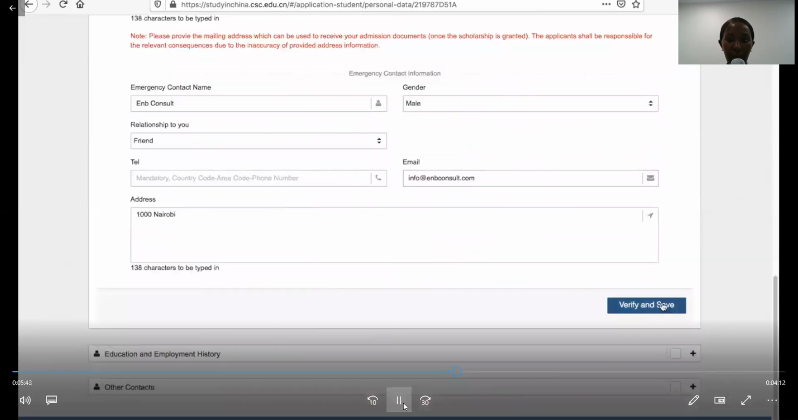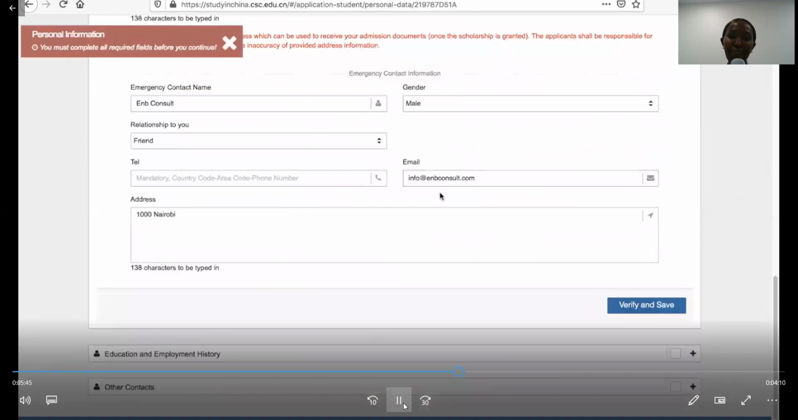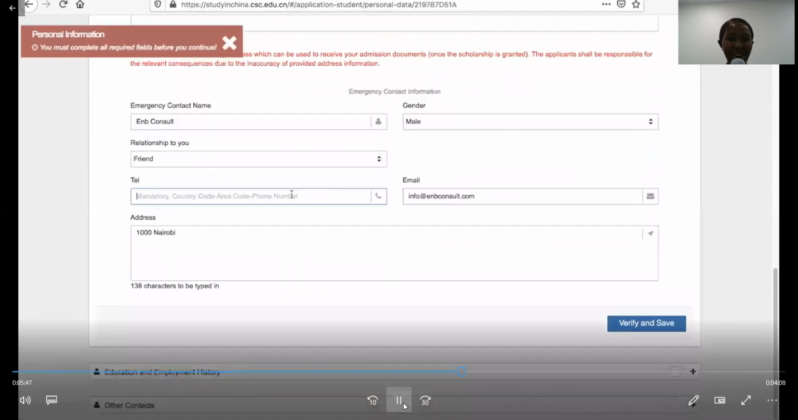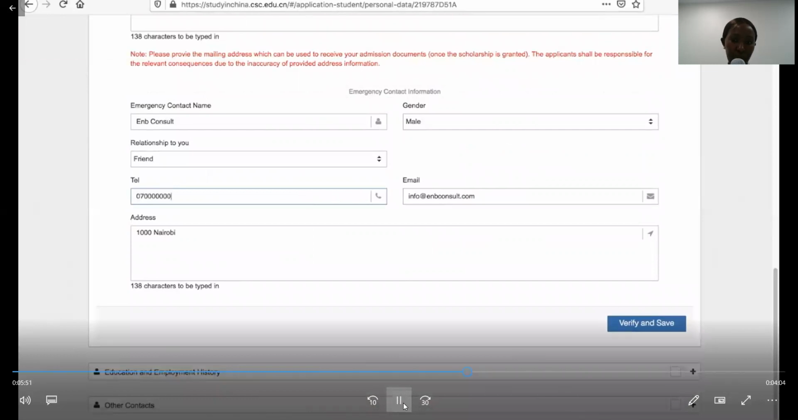And again, we verify and save, and again we made a mistake. We forgot to re-input the telephone number, and we have it there. And then after that, we verify and save and go to the next section, which is the